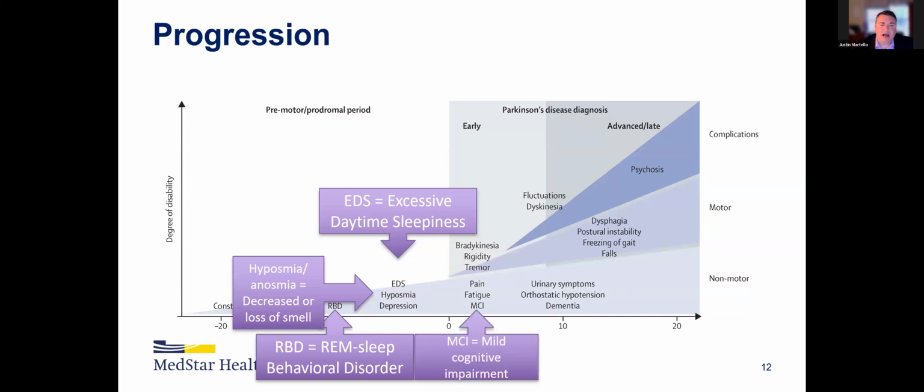MCI, we talked about this, mild cognitive impairments, so just mild issues with maybe short-term memory, word finding, things like that. Orthostatic hypotension, we talked about the autonomic nervous system, right? Again, urinary symptoms are there. Orthostatic hypotension is when your blood pressure tends to drop when you stand up. Most of us with intact autonomic nervous systems, when we stand up and gravity pulls our blood down into our legs, we have mechanisms where the veins contract and push the blood back up into our heart and our brains. Well,